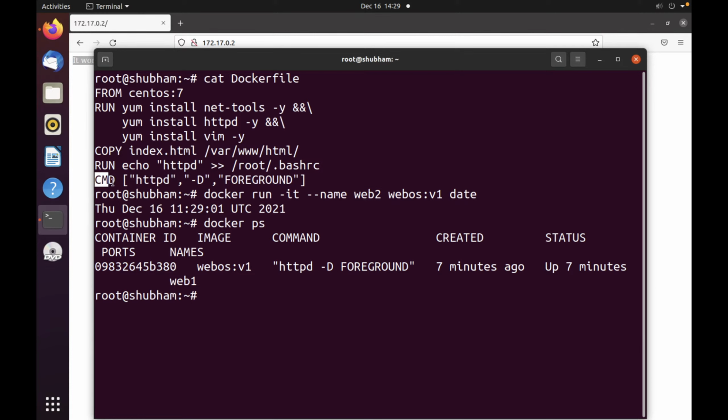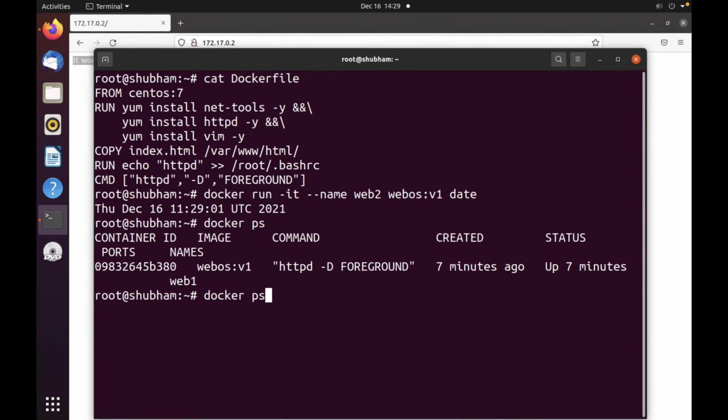So CMD gives permission to override whatever is here. But we want httpd to compulsorily start, and then if the user has any requirement or argument, they can pass it. That's why we use the combination of